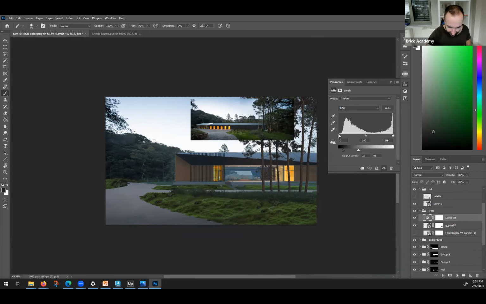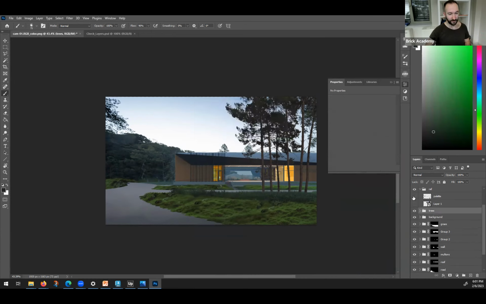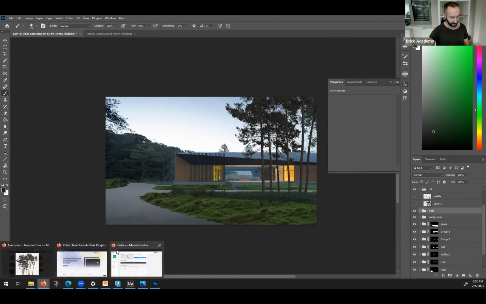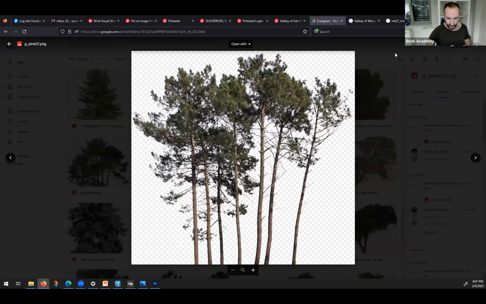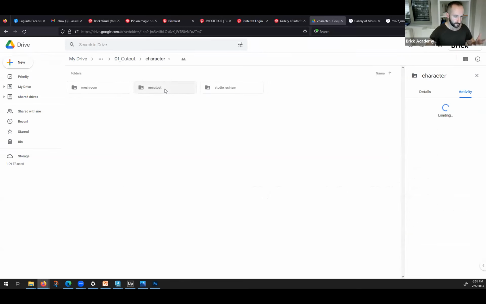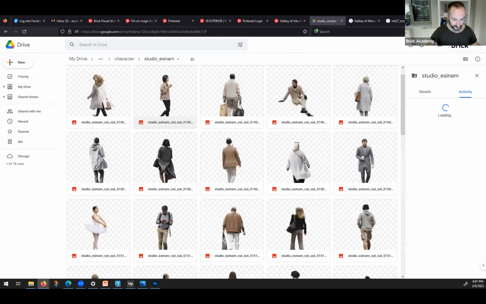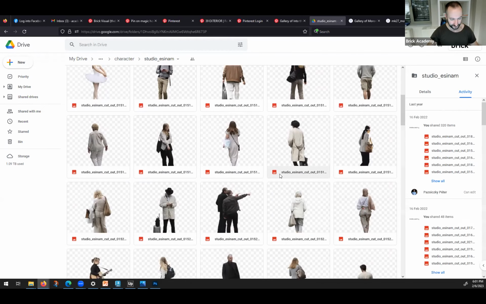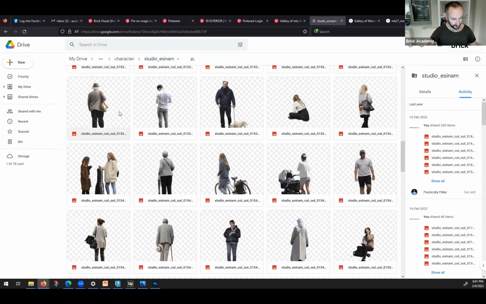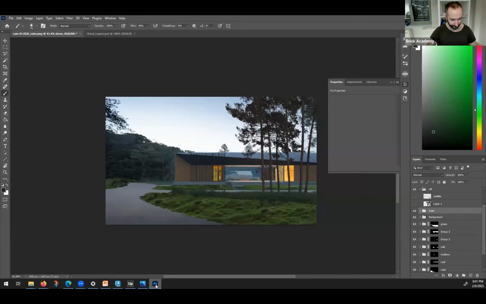So here, I guess as a draft, it could be working. Maybe we can put a character here just in case. And also you can find really cool characters in the cutouts. So why not cutouts with the characters? Maybe we'll have a character day, so we will learn this more deeply, and maybe somebody who's walking, back view, maybe this, or